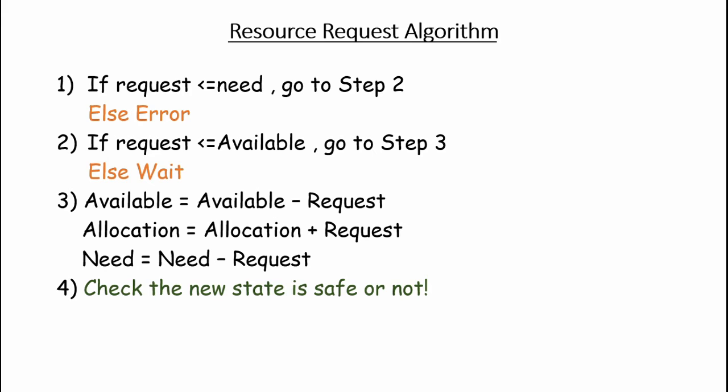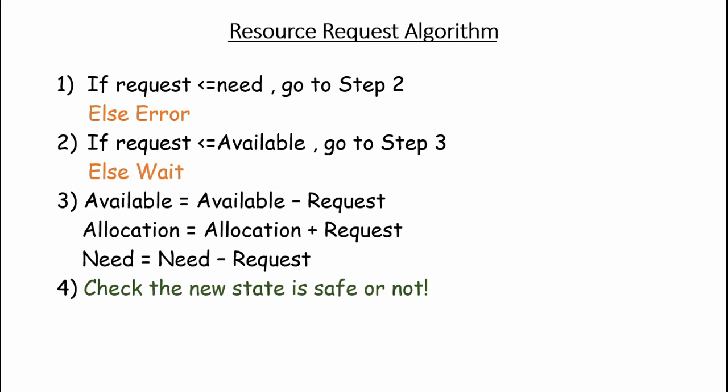Okay, so now what is the thing that after checking it, the system will assume that it has given its resources to the requesting process. So if it has given the resources to the requesting process, we need to check now if the system is in a safe state or not. It has not given the resources, it is assuming that it has given the resources.